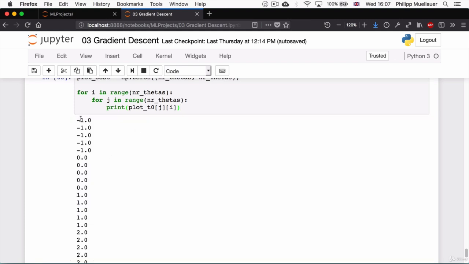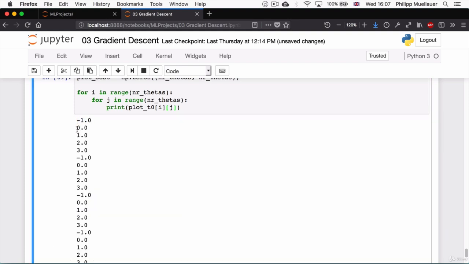The other way, say j and i, our output would look like this. In this case, we're staying in the same column, namely the first one, and we're looking at all the first elements. If we have i and then j, then we're doing one row at a time. So this is the first element in the row, this is the second element in the row, this is the third one, this is the fourth one, this is the fifth one,